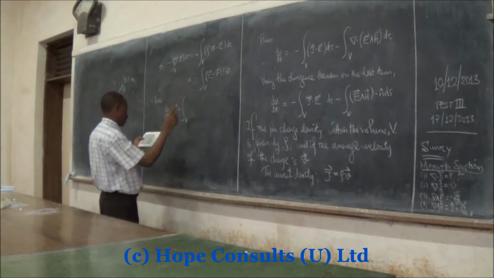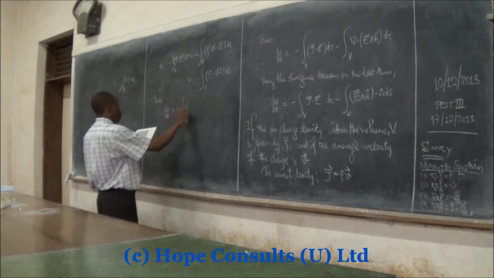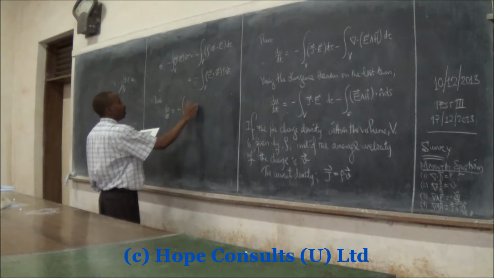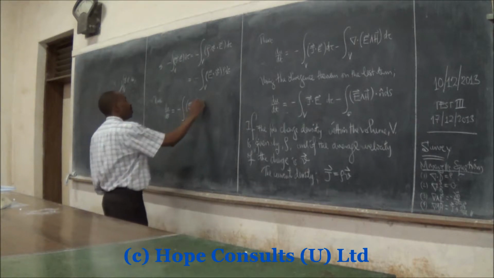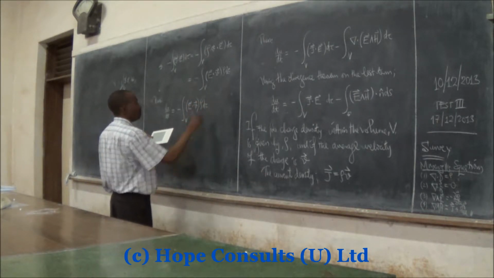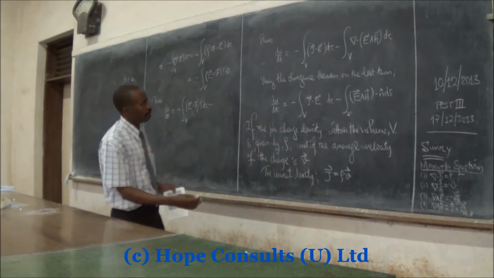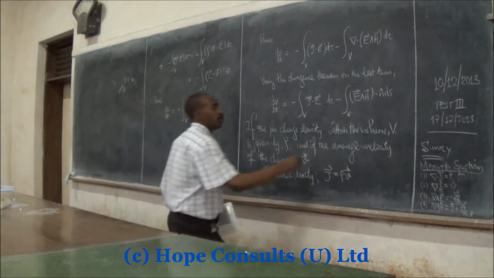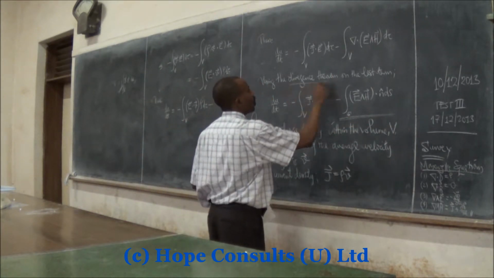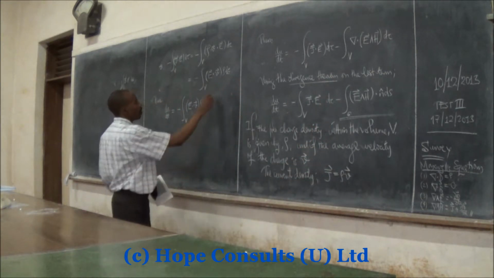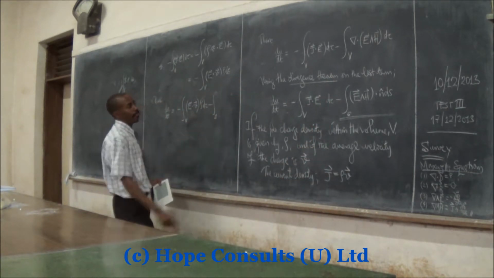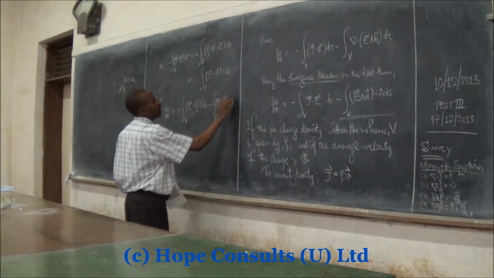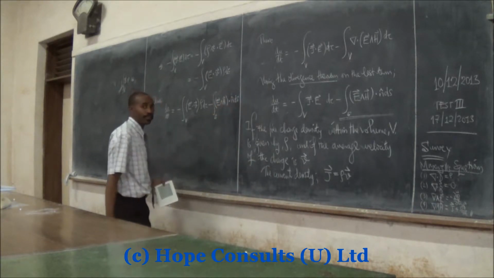Thus, we would have that the du dt is equal to minus integral over the volume V, which is different from the velocity V, of E dot V rho d tau, and this you subtract off the other term, which we introduced after using the divergence theorem, minus integral over the surface S, E cross H dot n dS,